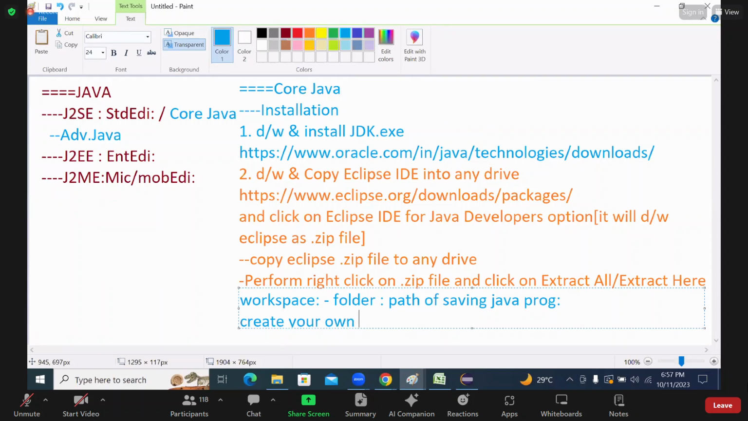You need to take care about creating your own workspace, meaning a workspace folder. It is nothing but a folder in any drive. It can be the C drive or the D drive, whatever is comfortable for you. You can create your own folder in any of the drives,